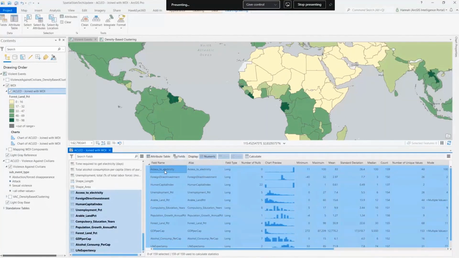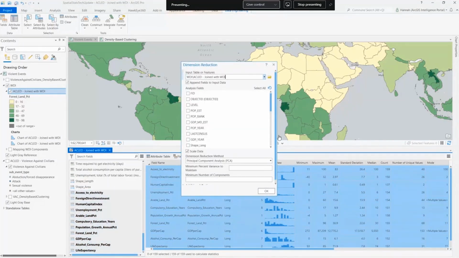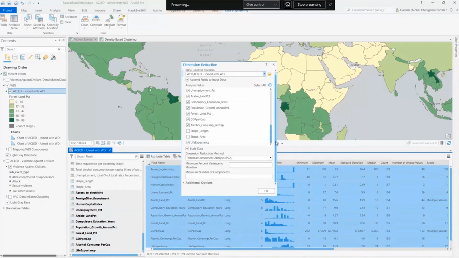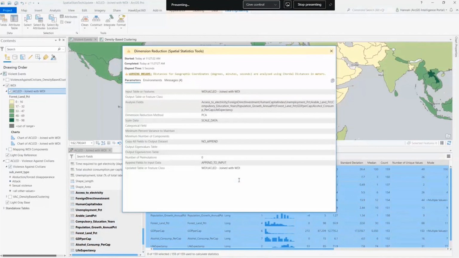But luckily in ArcGIS Pro, and especially in this newer version, we have access to a tool called dimension reduction. And this allows us to create some new variables that are combinations of our input variables, and that allow us to get new variables that we can input with confidence into a regression, that we know don't have all of this multicollinearity or all of these implicit